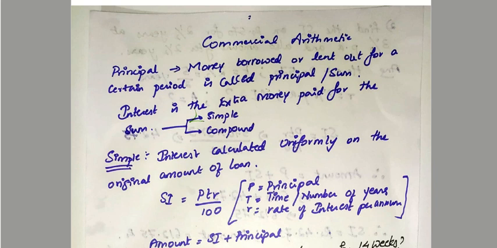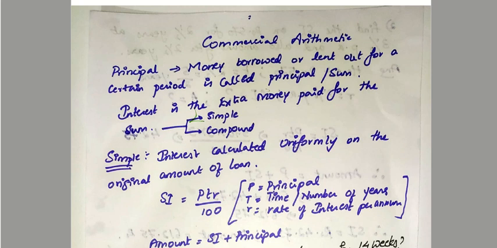Today we're going to start out with our next topic, which is commercial arithmetic. So what do you mean by commercial arithmetic? It is basically a branch of mathematics that deals with properties of counting, like numbers, fractions, and the basic operations applied to these numbers. So basically, it is a group of practical subjects used in commerce. Mathematics typically used in commerce industries, like elementary arithmetic, elementary algebra, statistics, probability, etc.